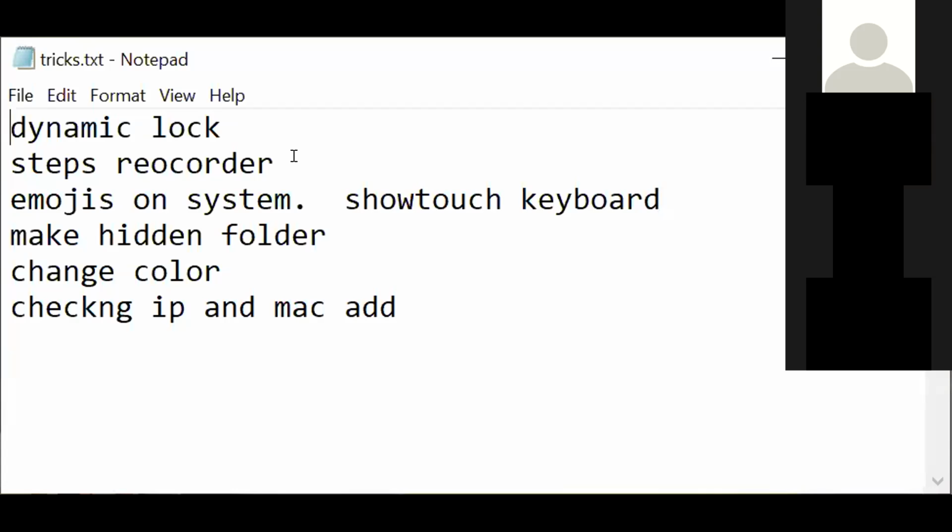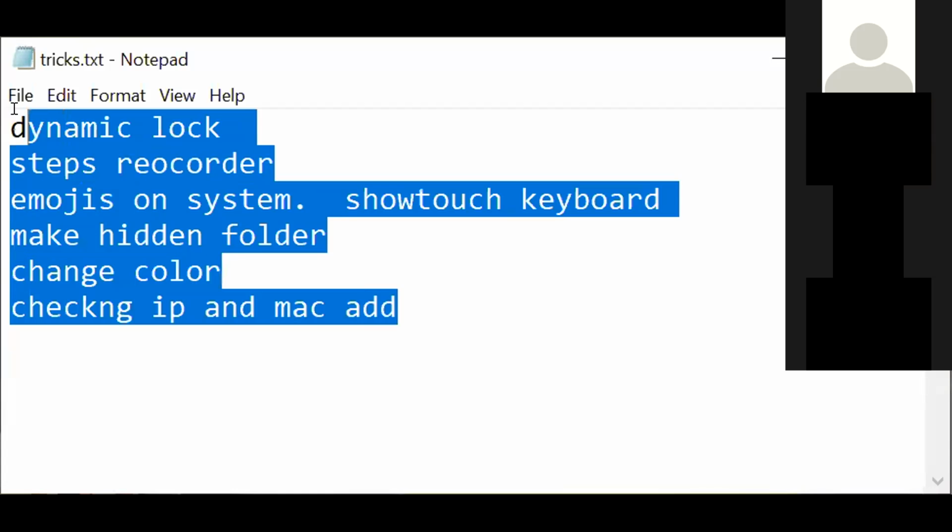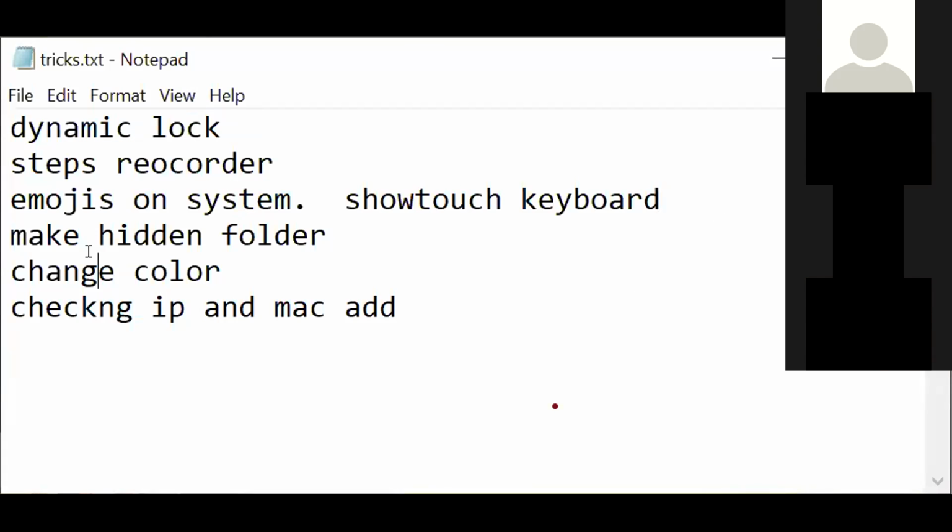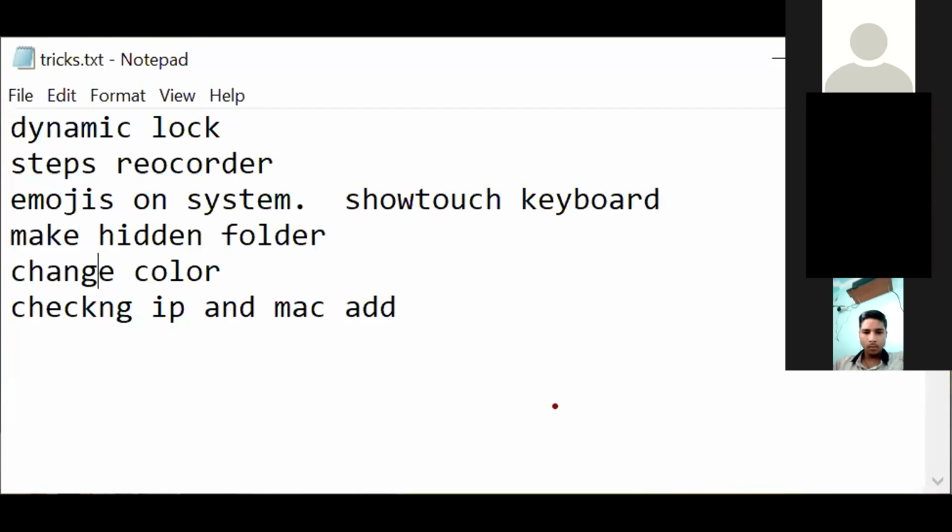So yeah, good morning. Today, apart from the textbook knowledge or your book knowledge, we are going to learn something new in your Windows features, right? These are the list of things which we are going to learn today. I know most of you already know about this, but I am 100% sure that more than 20% of students don't know about this. So here we go, one by one on each and everything.